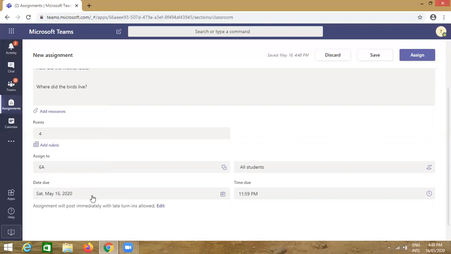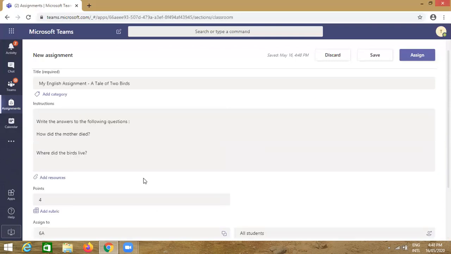It is 16 May and let us write the time. It is 16:59 or 16:50. We can write whatever time we want to give them. So like this, we can send the assignment.